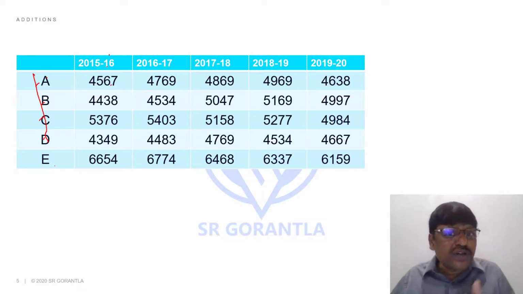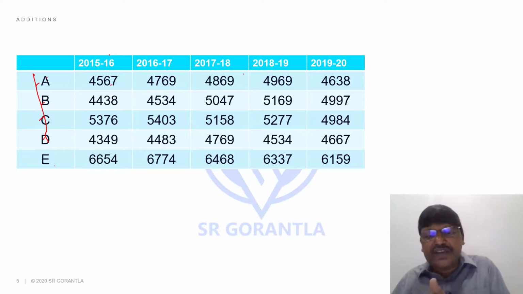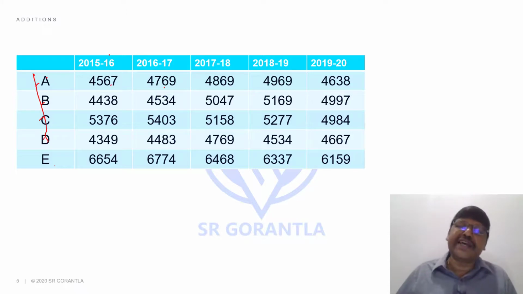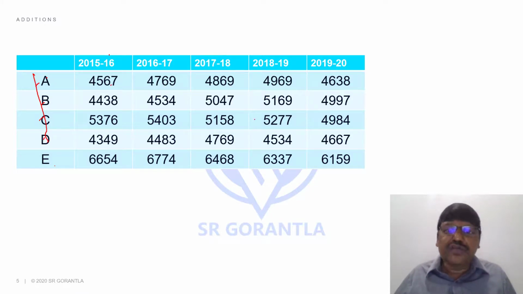Suppose if I ask what is the total of which year, out of the 5 years, which year the total of all these 5 companies is highest, then what I have to do? I have to do 5 columns there. Let's do the vertical thing, please. Yeah, I expect you to say like this: 67, 105, 181, 230, 284. Done. Come on, 67, 75, 105.